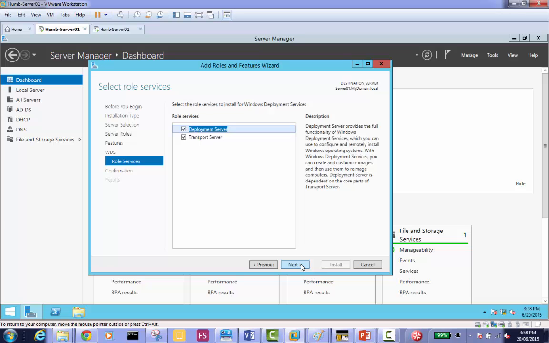Yes, so deployment server provides the full functionality of WDS, which you can use, of course, but what's the difference? Transport server provides a subset of the functionality of WDS. It contains only the core networking parts which you can use to transmit data using multicasting. So some of the extra features that you can use for Windows Deployment Services will be installed with the transport server. Overall, if you uncheck transport server,